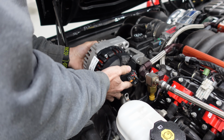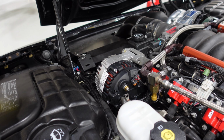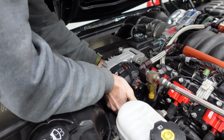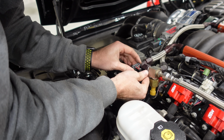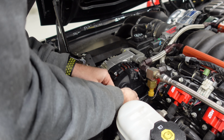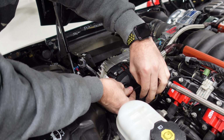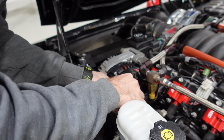With the bushings popped in, this should just set right in there. Both bolts are the same on this car. The dirty one goes on the bottom. Before we get all the way, I'll go ahead and hook everything up to make sure we're good to go. Everything reaches, which it does. We have the lower terminal. Oh, this is the fuel pump. I see what's on here. I thought this looked weird. Fuel pump right there, battery right here, and